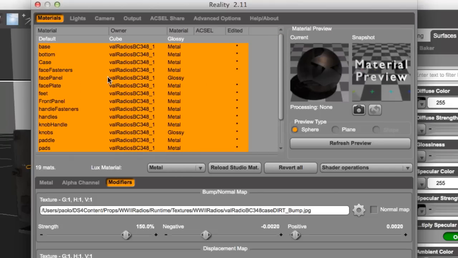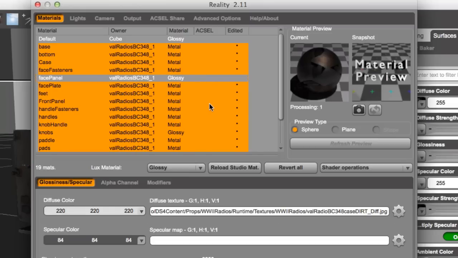Now we can see that the face panel has been changed, so we don't need to include it in our save, in our pre-made configuration. So I just press Command on the Macintosh or Control on Windows and click on the material to deselect it. So now that we have all the materials selected,